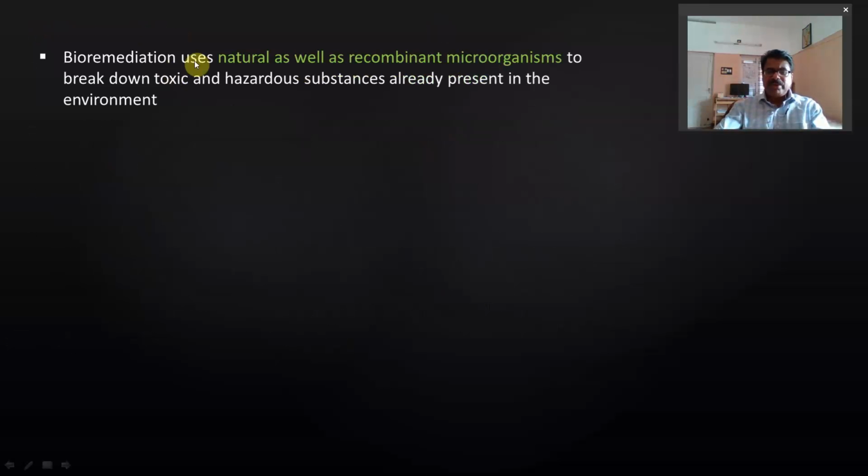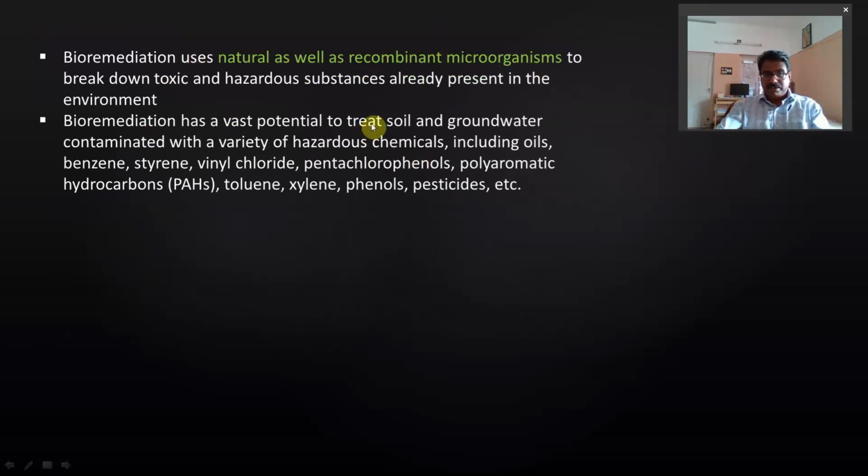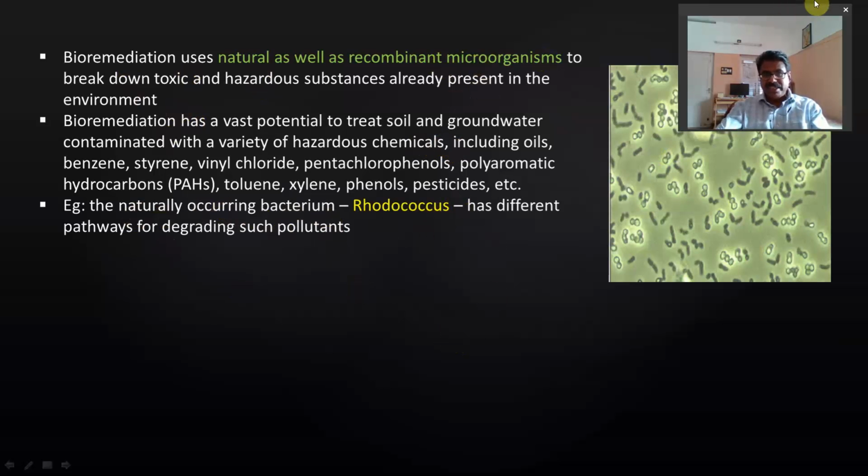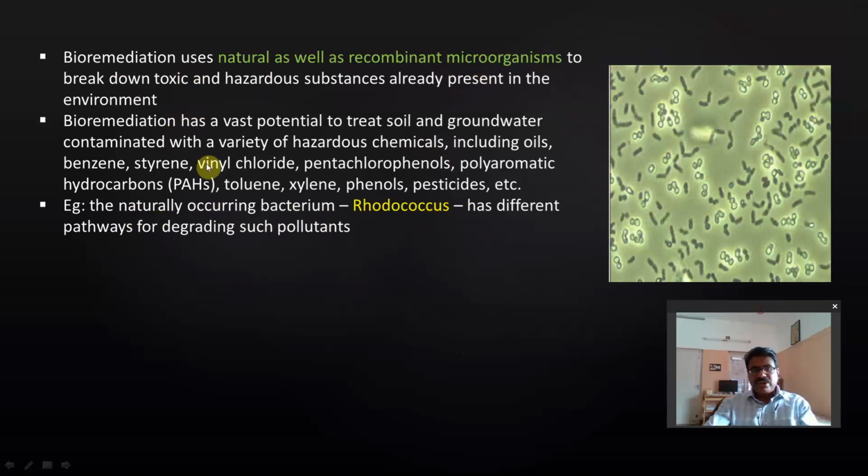For bioremediation, we can use both natural as well as genetically modified organisms. Both can be used for bioremediation, for treating soil and groundwater contaminated with a variety of chemicals, using recombinant and natural microorganisms. One great example here is a naturally occurring bacterium called Rhodococcus. This is the Rhodococcus culture, and this Rhodococcus can act upon the